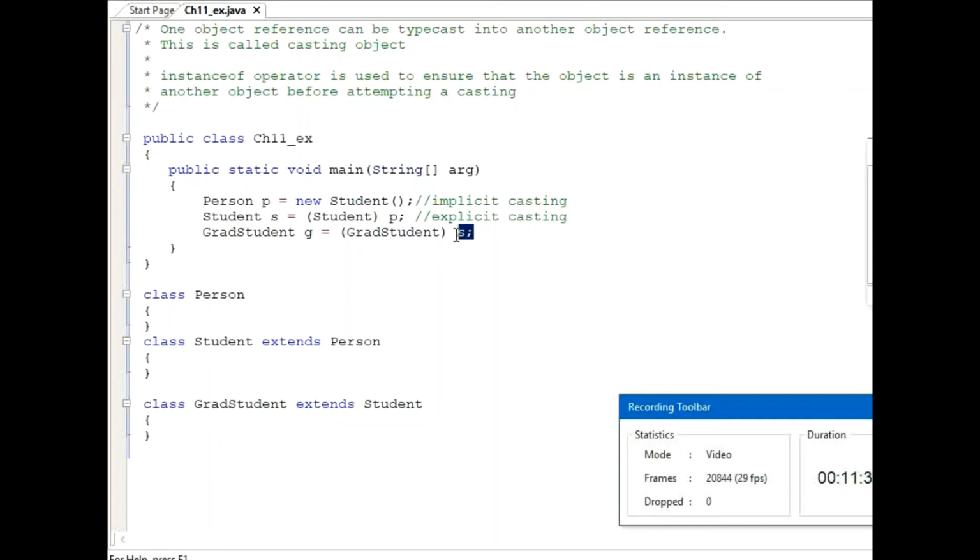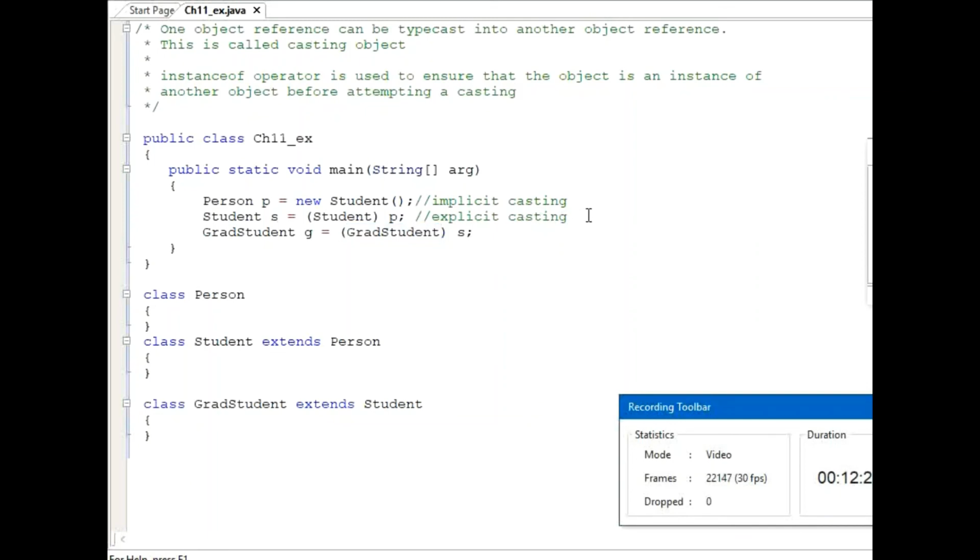But what is this here? This is S, a variable of student. Student is a supertype. So you are taking a supertype object and trying to convert it into a subtype object. That is not possible. You get the idea? S is a supertype here because S is an instance of the student class. So an instance of a superclass is being converted to a subclass. You can't do it the other way around. Do you get the idea? That's why it produces the ClassCastException.